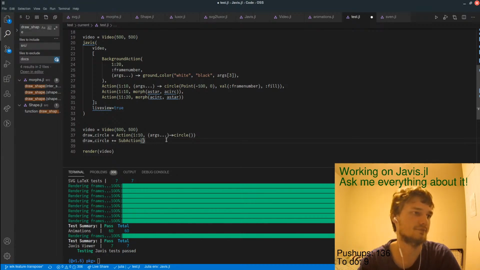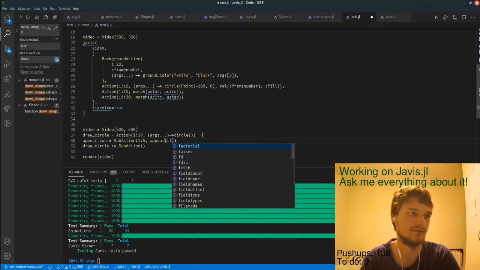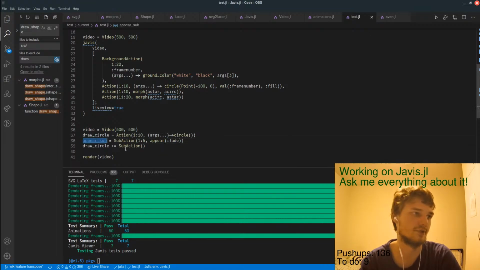And then we have this render one. And then we can also have, like, appear sub is sub action 1, 2, 5 of appear fades, for example, and then we can add it to different actions.